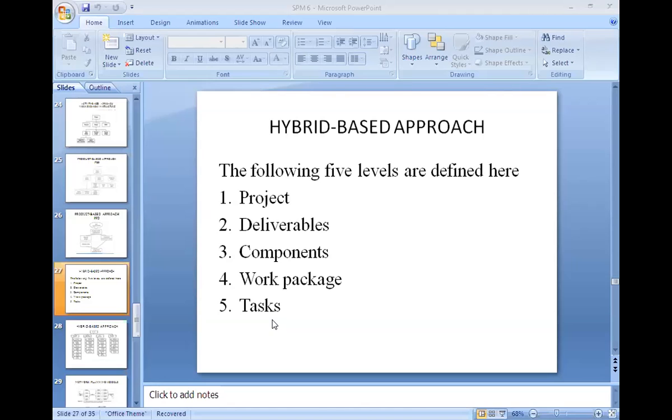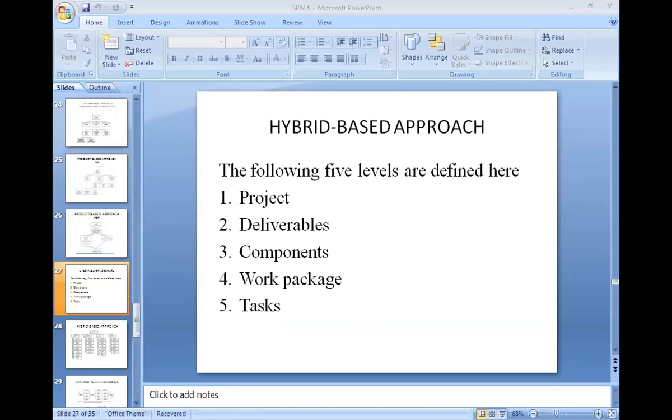Then we have to move to the deliverables. So level 1 is the project. Level 2 is deliverables, such as software, manuals, and training courses.